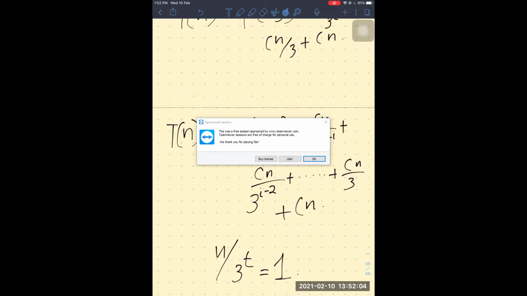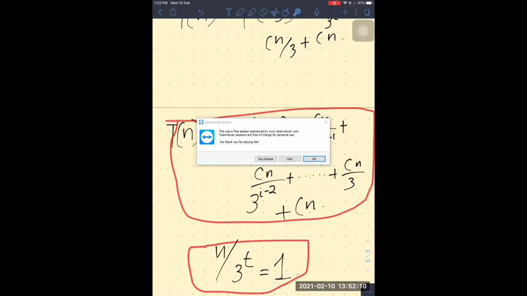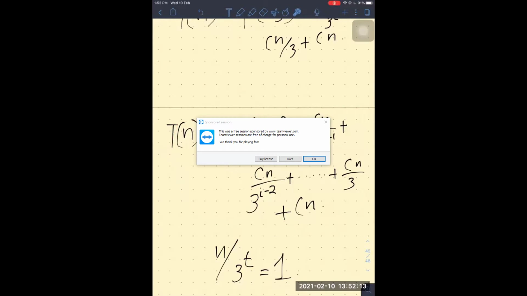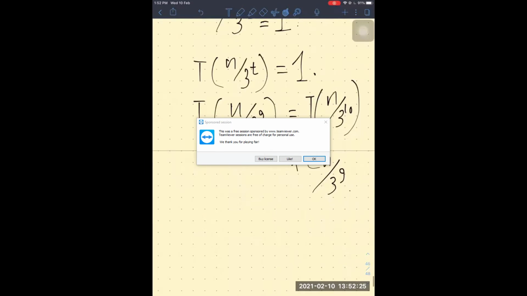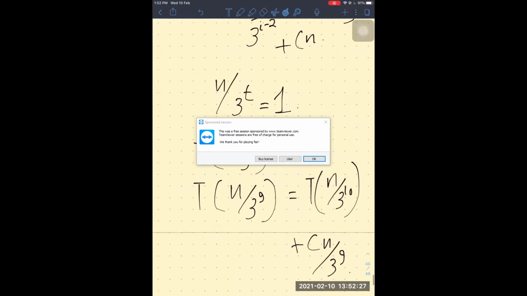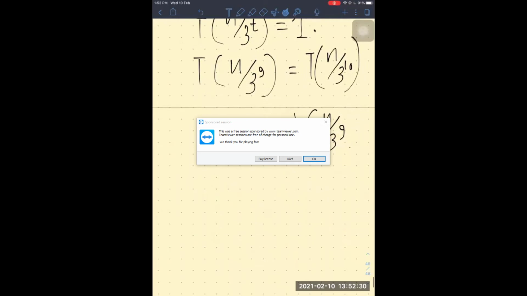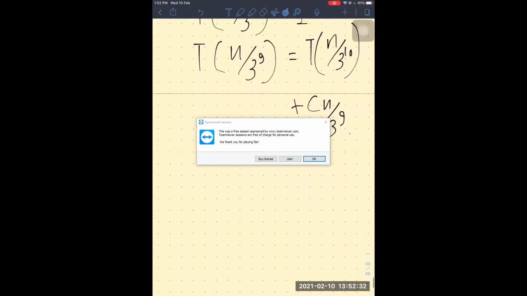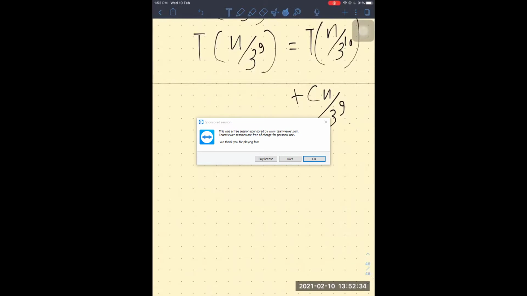It will continue iterating until it hits something like that for which n over 3 to the power t is equal to 1. Then it will stop. Otherwise, it will continue iterating in this way. Is it kind of clear? No? Yes. Okay. So if we assume that, then we can write the general form